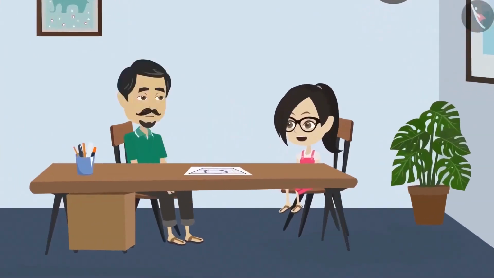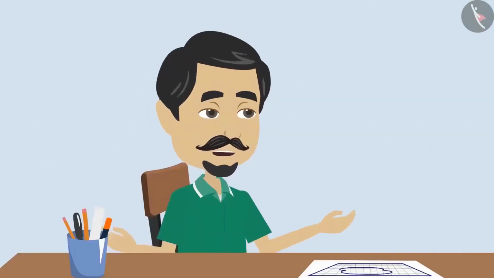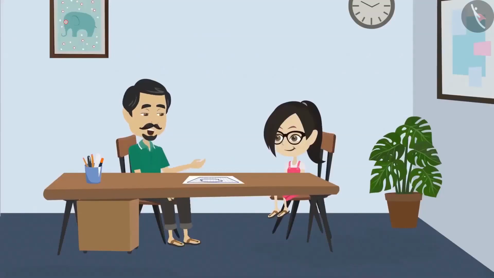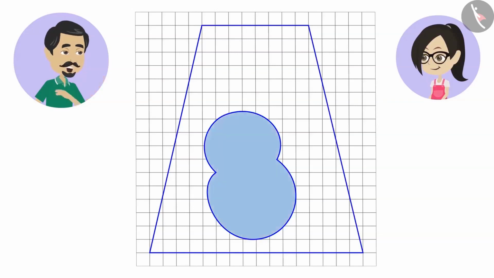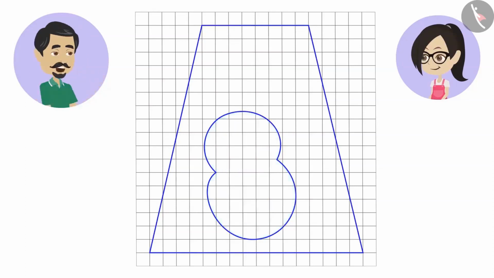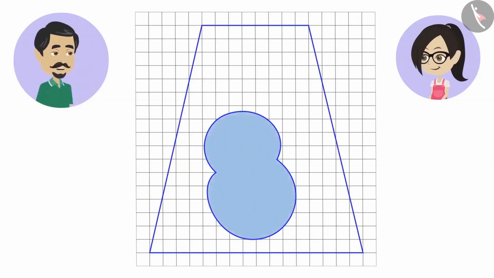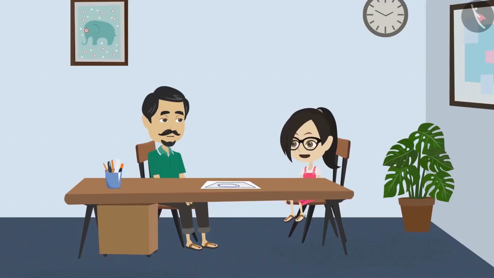Dad, why are you looking at this map for so long? Vandana, I want to build a small fish pond in our farm. So, I took the help of an engineer to make a map of our farm and the pond to be built in it. Look, this is the map of our farm and the pond is shown in this. I want our pond to be 1/4 of the size of the field. But by looking at the map, I am not able to find out whether the pond is 1/4 of our farm or not. Dad, I can help you out to find that.